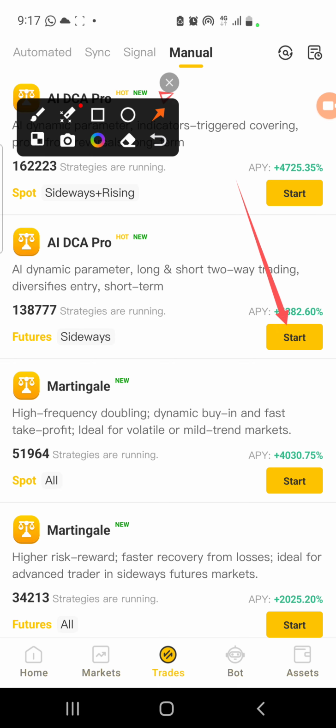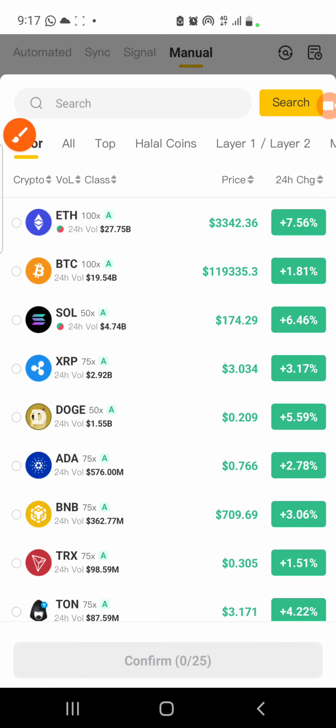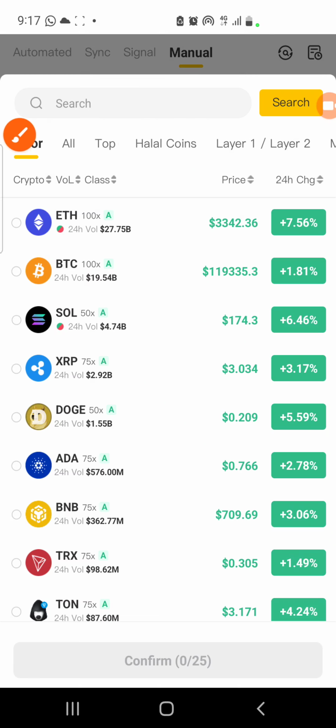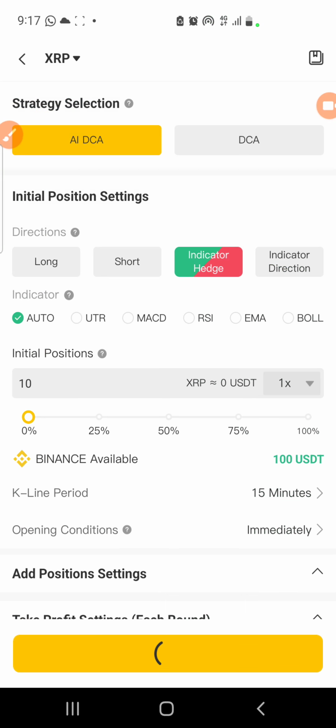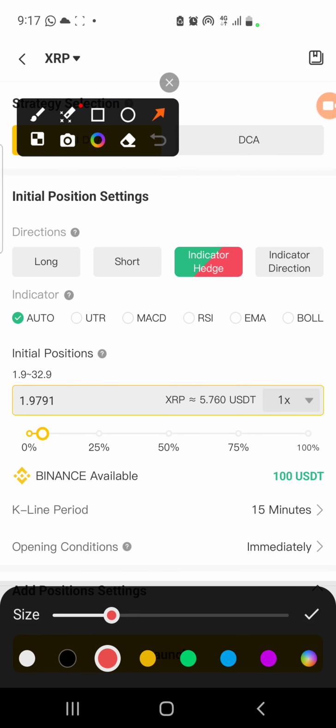Okay, our AIDCA Pro, we select it, and then when you select it, they tell you to select the next currency in line. So we are now going to select this XRP. When you come on XRP, you click on it, and then down here you click on confirm. Okay, so when we come here, the next thing that we are going to do now,